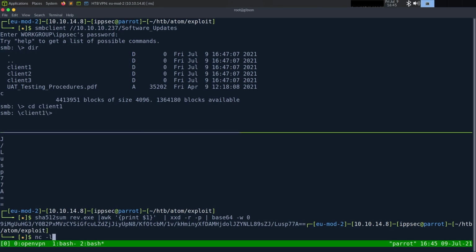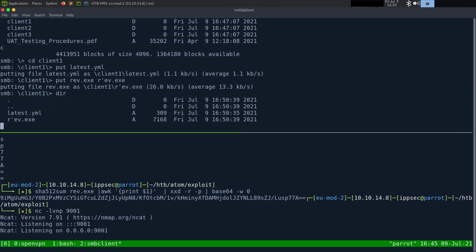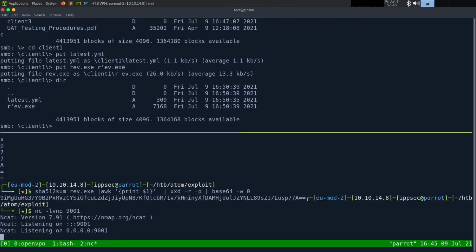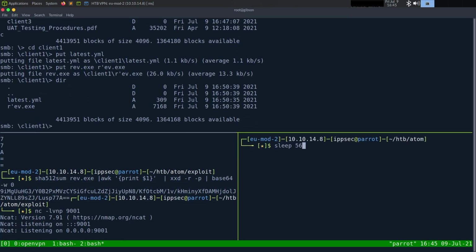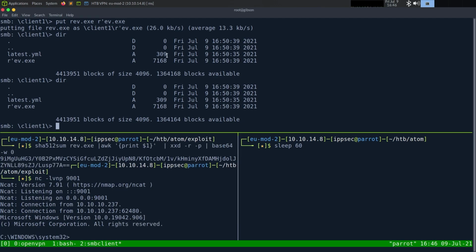But first, nc -lvnp 9001. Let's put latest.yaml and put rev.exe, and we'll call it rev.exe with that single quote. We do a dir here, and let's just wait for 60 seconds to see what happens. So I'm going to pause the video, and we'll see what happens when that sleep finishes. The sleep has not finished, but, well, it finished as I was saying that, but I got a